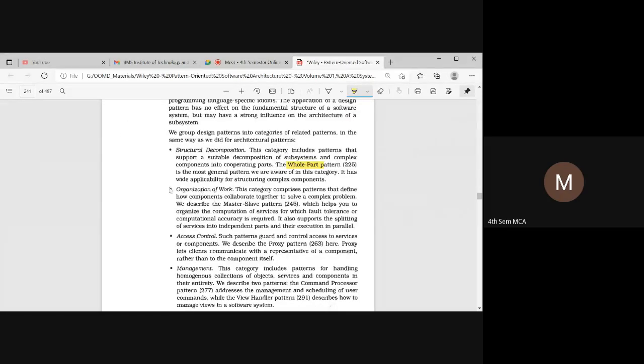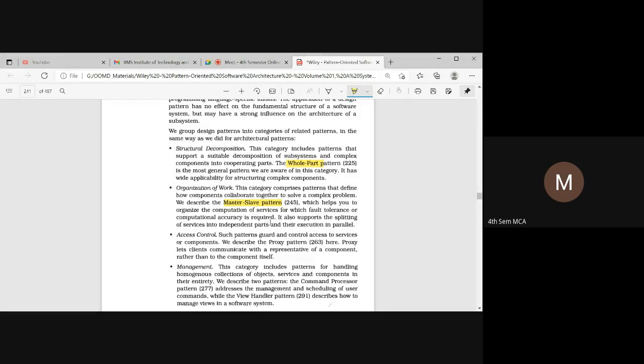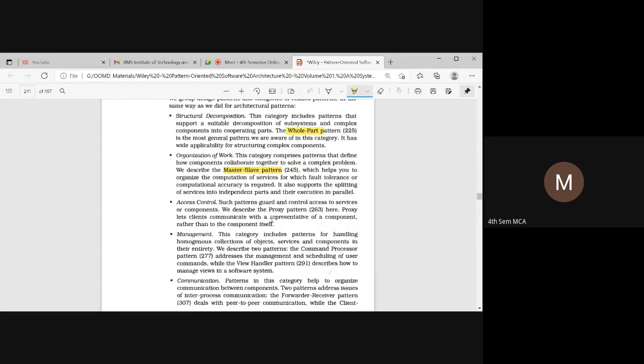Next, in organization of work, we have the master-slave pattern, where all the slaves carry out the services, executing in parallel, and the master has control over the pattern.